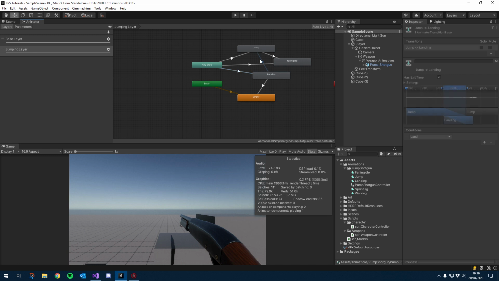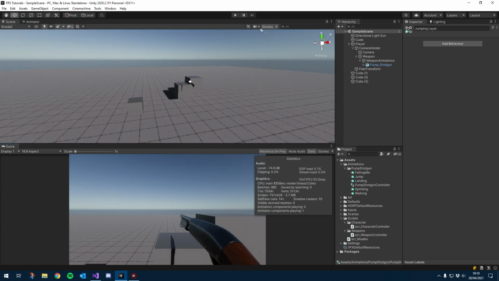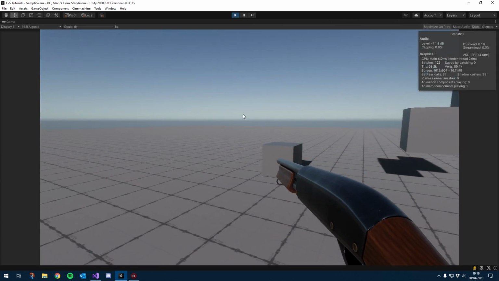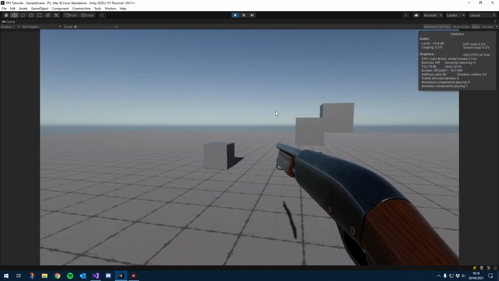Let's delete this transition, sorry, the one from jump to landing, because it'll still work just on any state. I don't know what I was doing. Alright, let's give that a test. Not 100% sure on how this is going to behave, but we're winging this whole thing anyway. Oh, okay, so you played a landing animation there. If we jump,